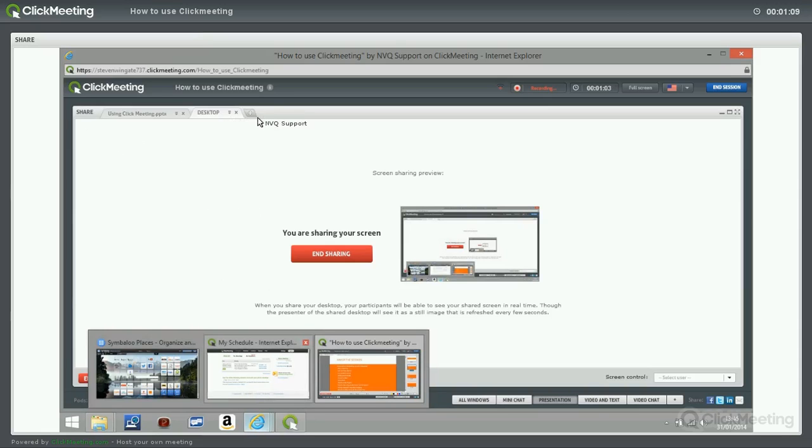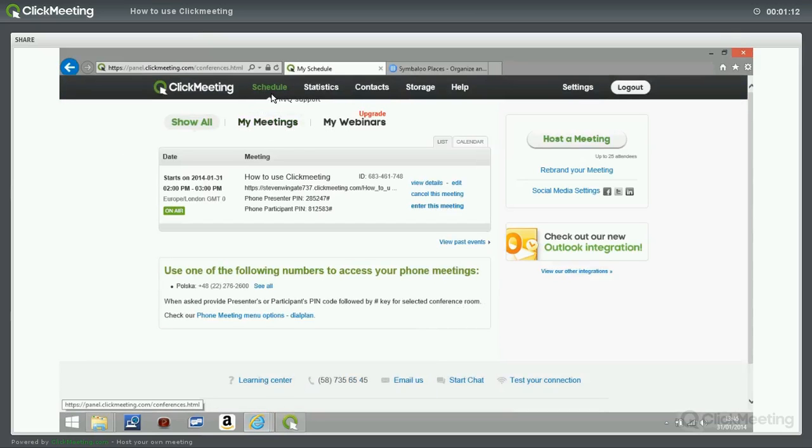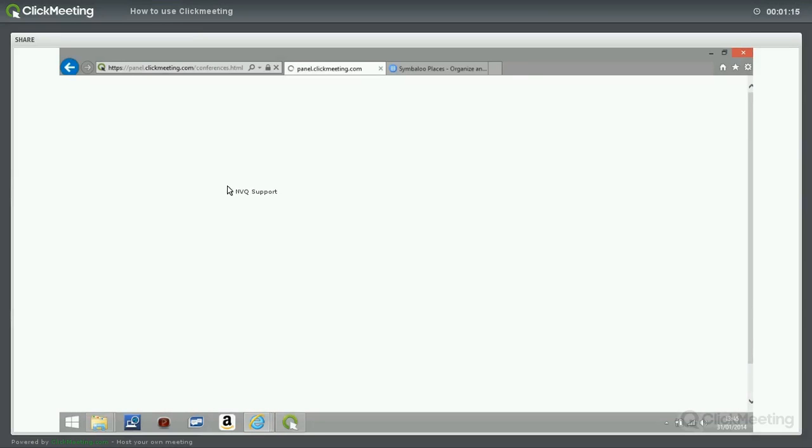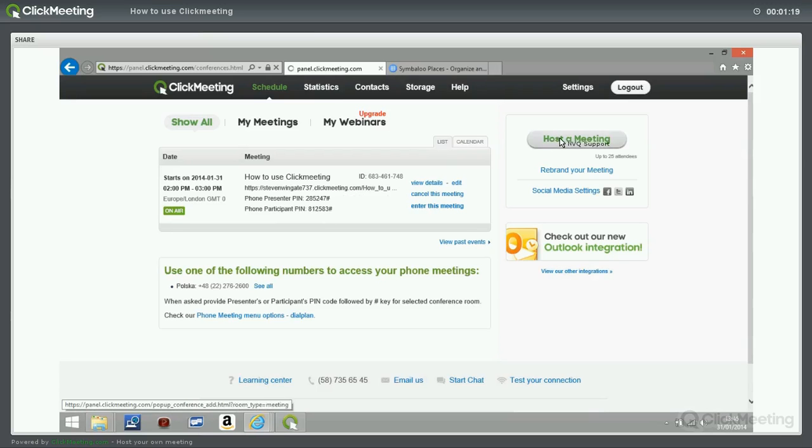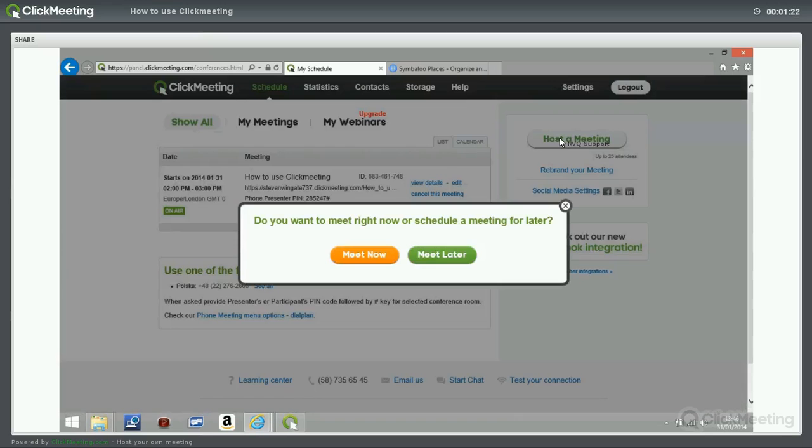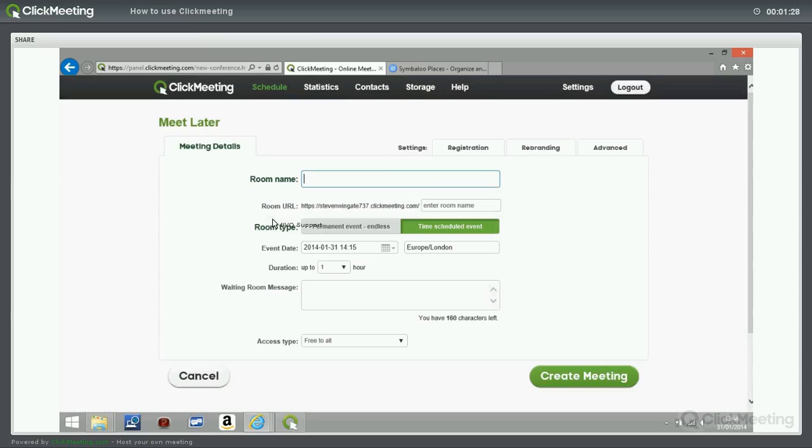So the first thing that you're going to do is schedule a meeting. So if we click schedule, and in there you're going to host a meeting, and you want to meet later. And in here, you're going to write what the meeting is about. So the next one we're going to do is how to use E247 website. So that's next. I can make it a permanent event, or I can set the date and the time,